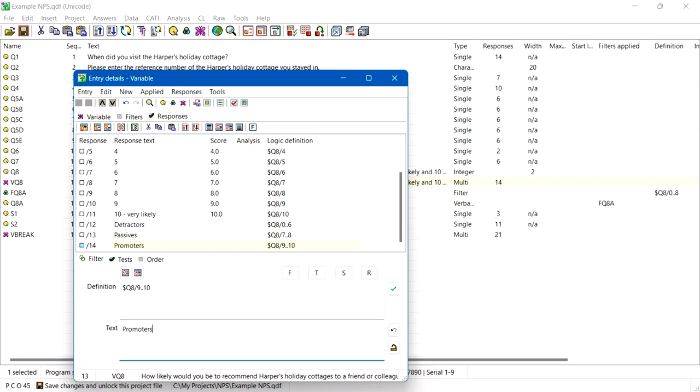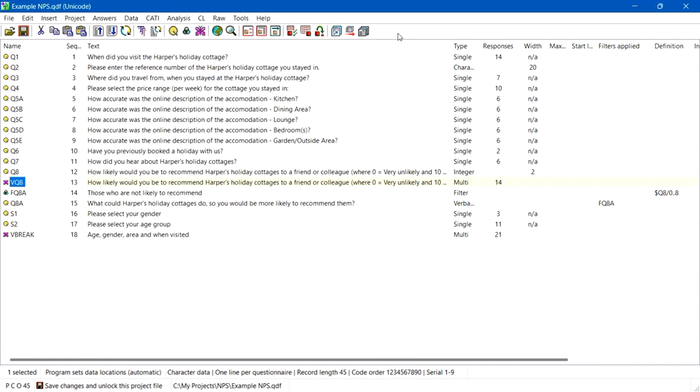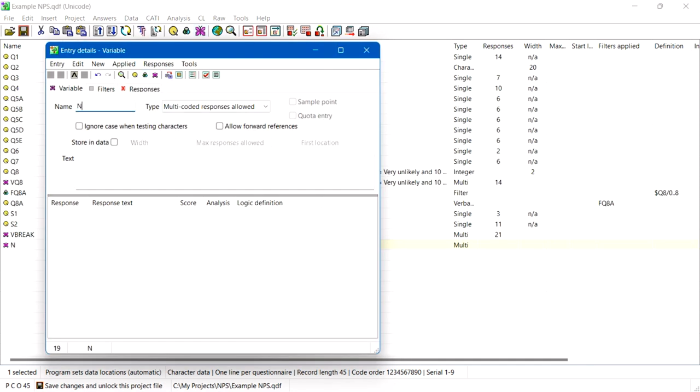Once we have checked that all responses are present and correct, and we've noted that the detractors net is response 12 and the promoters net is response 14, which will become rows 12 and 14 when tabulated, we close. Before creating our NPS table, we need to make a variable which will be used to show the final calculated NPS score. To do this, we make a new variable which we'll call NPS, and we'll use NPS for the